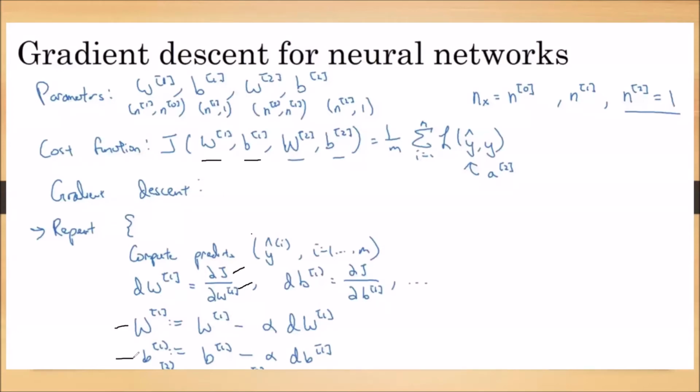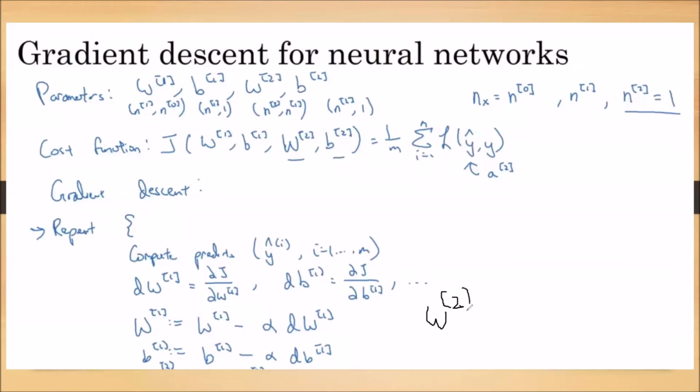So in the gradient descent, we can write the first two steps as W1 is updated as W1 minus alpha dW1. This alpha is the learning rate, and this dW1 is the differentiation of the cost function with respect to W1. Similarly, we update B superscript 1, which is B superscript 1 minus alpha dB. So this alpha is the learning rate and dB is the differentiation of the cost function with respect to B. After we have written these two steps, we can also write another two steps, that is for W superscript 2.